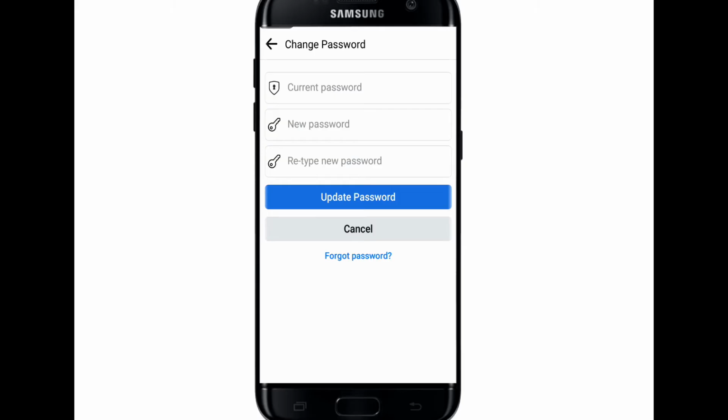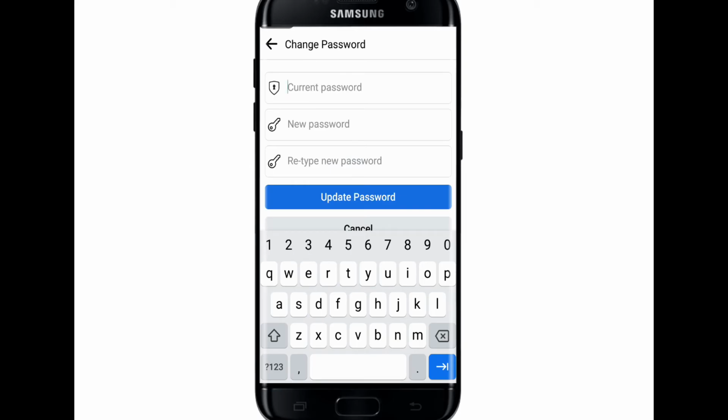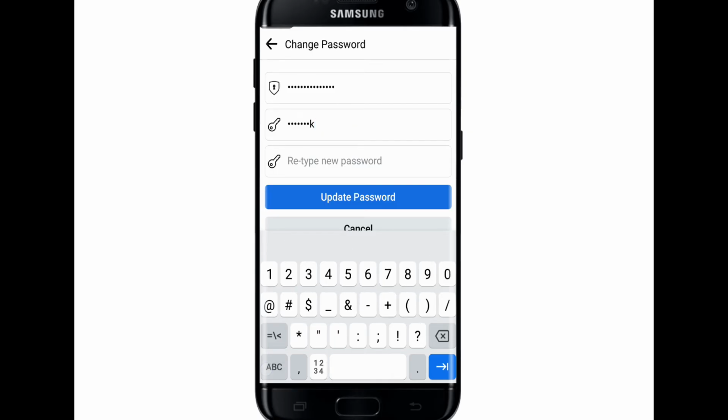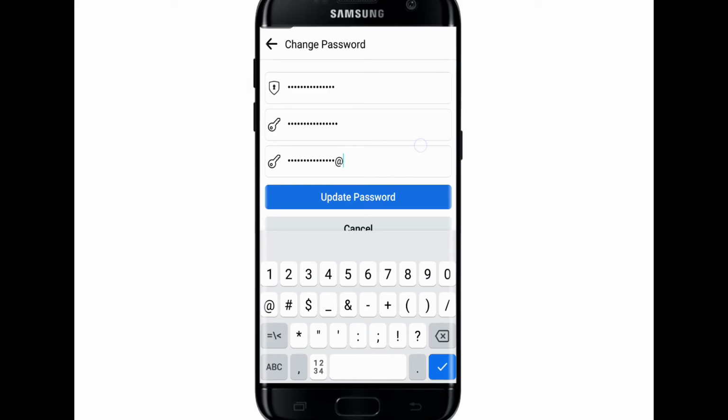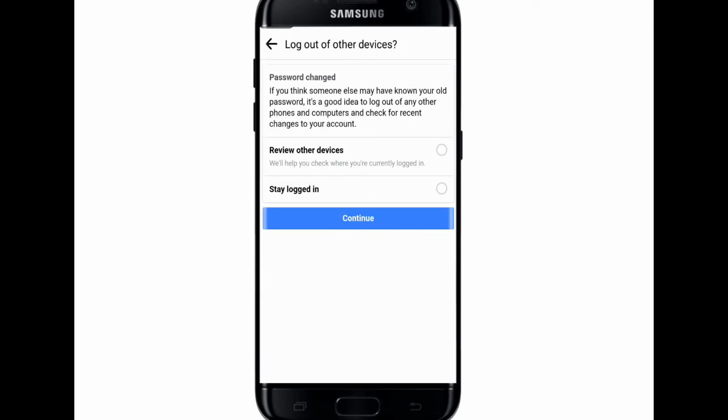You can see here 3 options: current password, new password, and retype new password. In current password you have to enter your old password, and in new password you have to enter your new password which you are going to replace the older password with. I will type my new password here now. And in retype new password option you have to again retype your new password, and after that you have to click on update password, and you can see here log